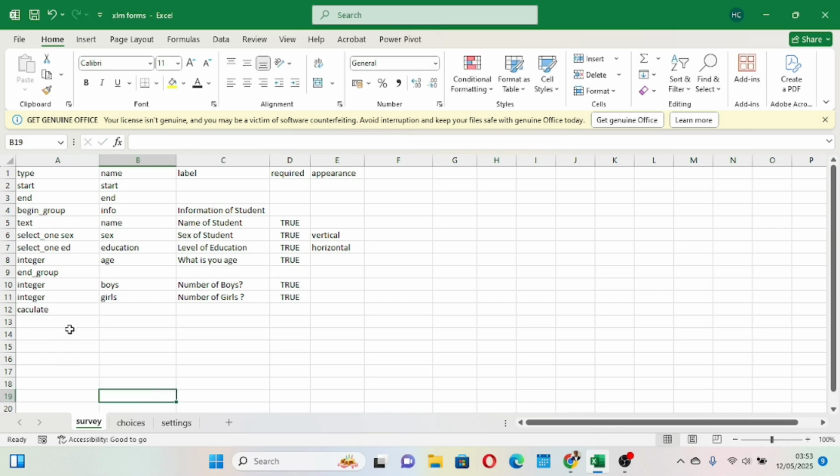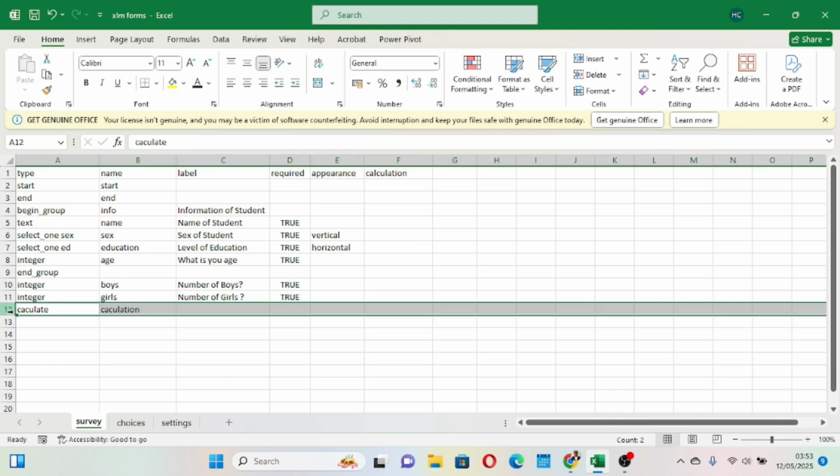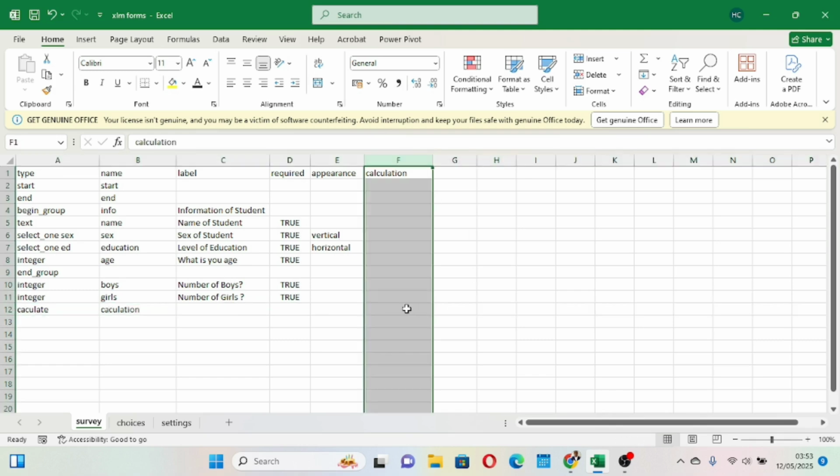Now, what we have to do is I'll come here and I put calculate. You see? And then I come here and I put calculation. Okay, then when I put this, I'll come to this next column and put calculation as well, you see, and then I'll come down here. I look for the cell that connects this calculation and this calculation here, and then I start inputting my codes. So here it is very simple, guys. All I'll do here is simple. I'll say that